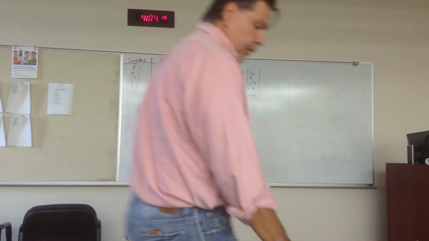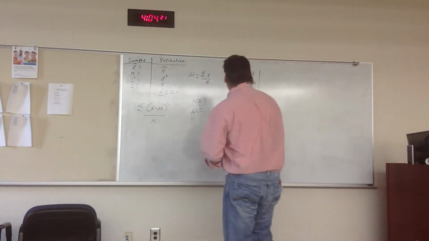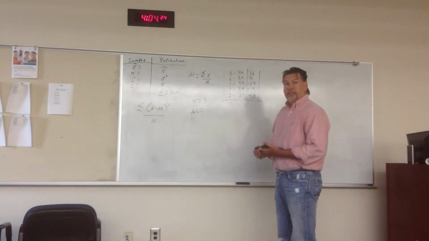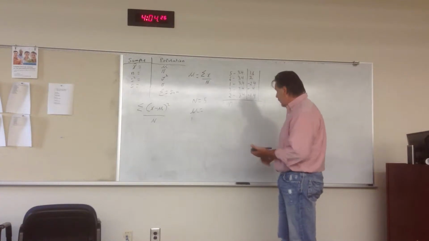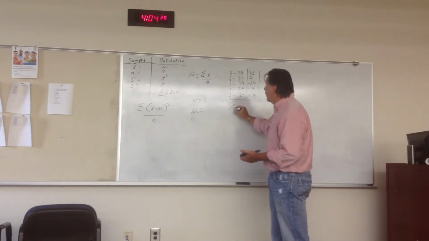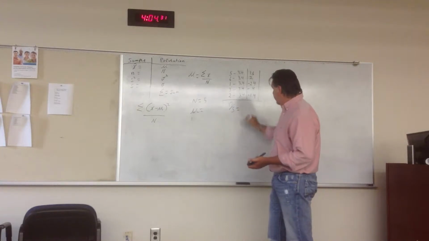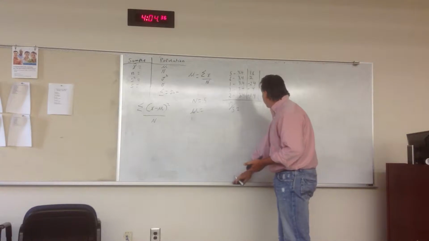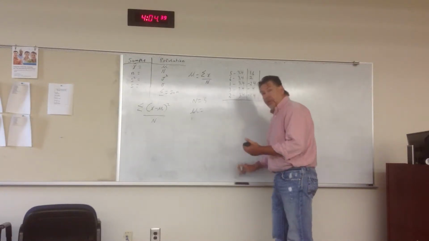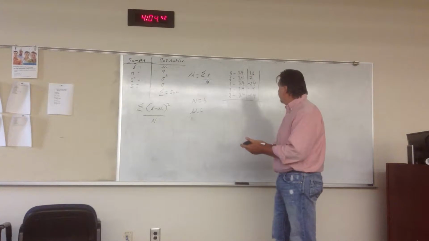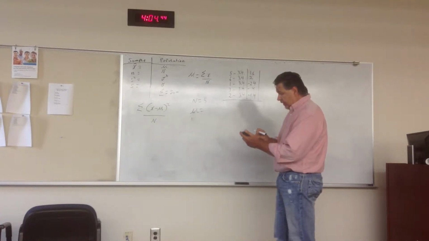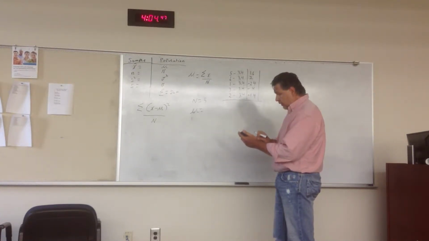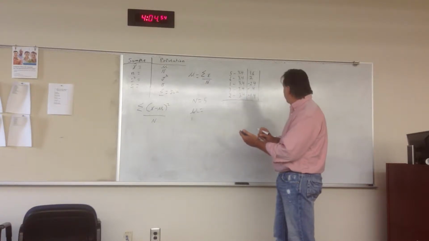Okay, class, I figured out what I did wrong. I computed my average incorrectly, and I fixed that because 17 divided by 5 is going to be 3.4 instead of 3.2. So I have corrected that mistake. So now what I want to do is make sure that my values are correct. So 5 minus 3.4 is 1.6, and 6 minus 3.4 is 2.6,